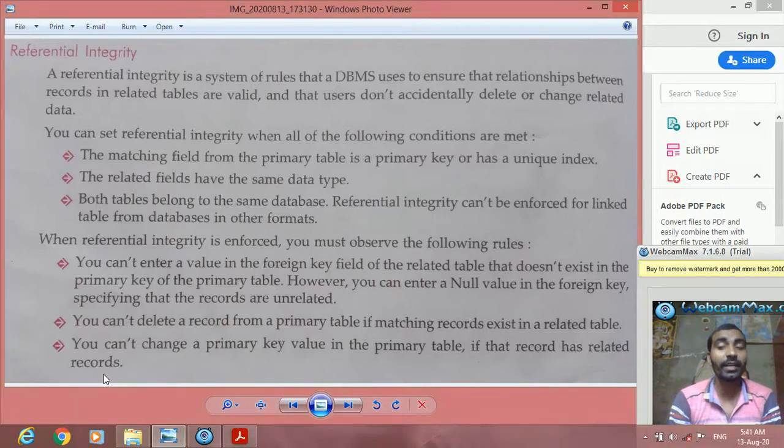It means the primary key cannot be changed in the primary table. Why? Because it has been linked to some other table also, and it has become the foreign key in the other table. That's why we can't change a primary key value. So this is about referential integrity. I hope you have understood.